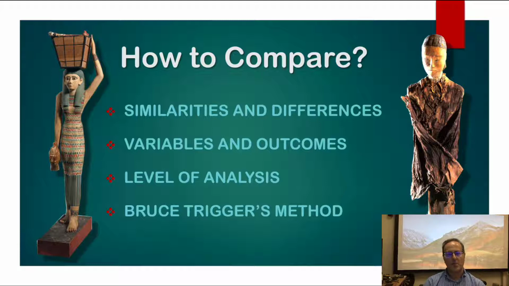Now, the method that I have focused on in my book and in this lecture was used by Bruce Trigger in his analysis of understanding early civilizations, where he compared 7 ancient societies. And what he tried to do was to separate out structural similarities, things that were constrained by the ecology, by the environment, by human nature, by evolution, and differentiate those from the historical particularities, those things which arose characteristically different in 2 different areas.